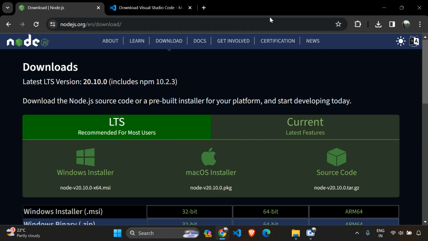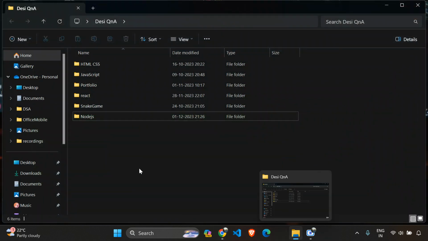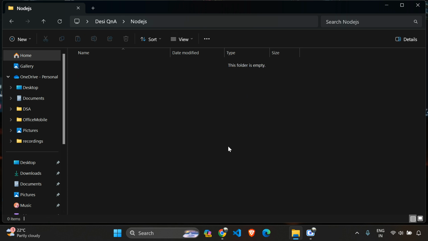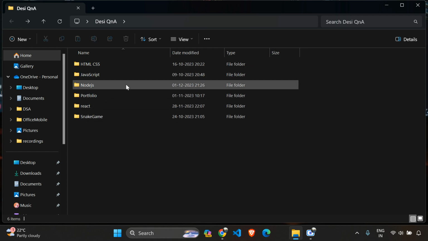And after installing these things, let me show you this folder. Here in my Basic Uni folder, I have kept this Node.js folder. Here you can see I have created a Node.js folder. This folder is an empty folder. Okay, we will be writing all of the code over here, and I will be giving you this particular folder itself. And after this one, let's quickly go to our Visual Studio Code.